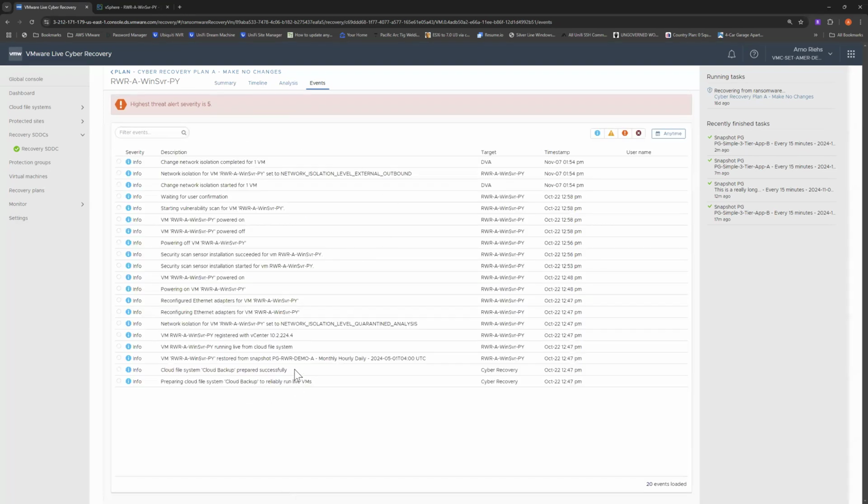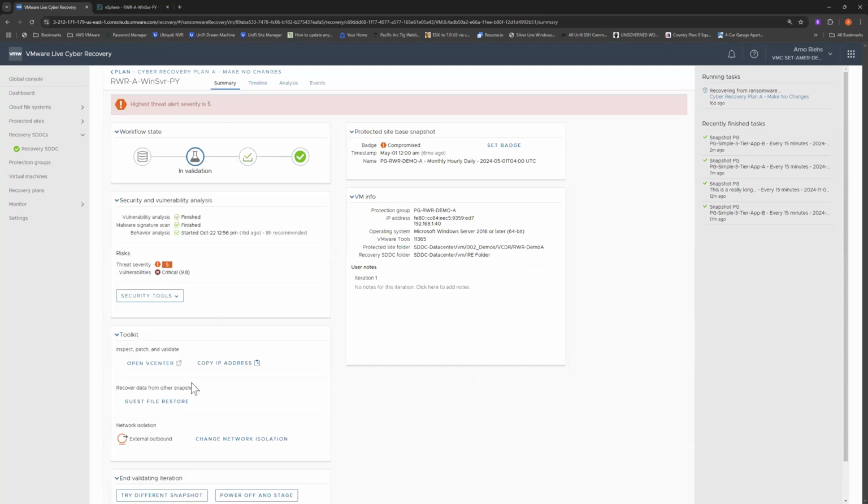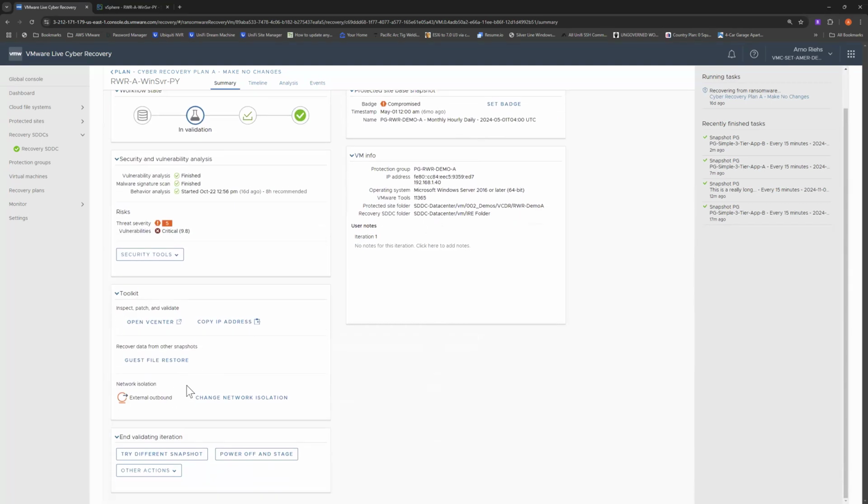So the other thing that we show is events, what has happened with that particular VM. This is good. Multiple people are working on it, and you see whether they are powered up, powered down, whether sensors have been installed or uninstalled, etc. The other thing that we tout and talk about a lot is the fact that our cloud